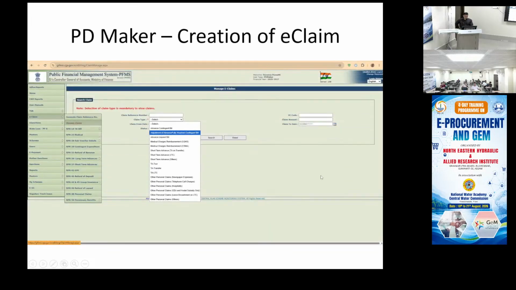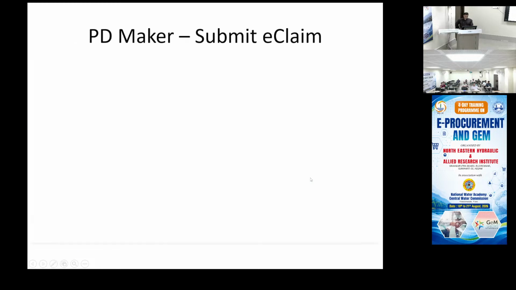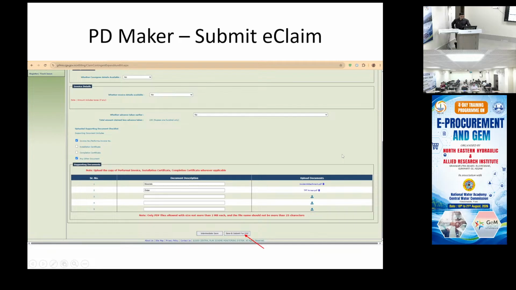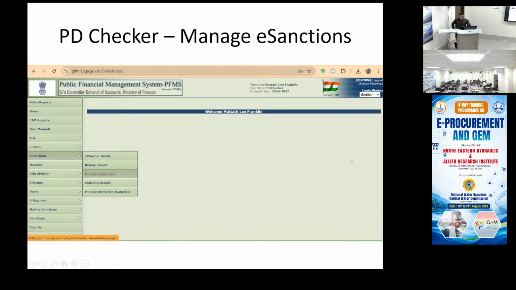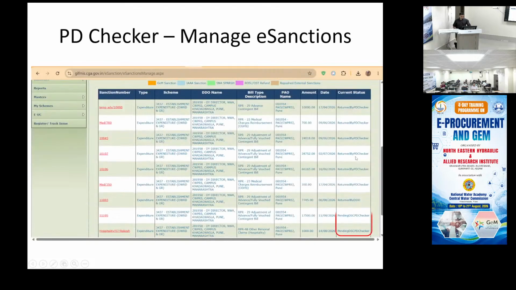So it's the same process. You will create the e-claim, submit the e-claim, and it goes to the PD checker, and PD checker will go to manage e-sanctions.